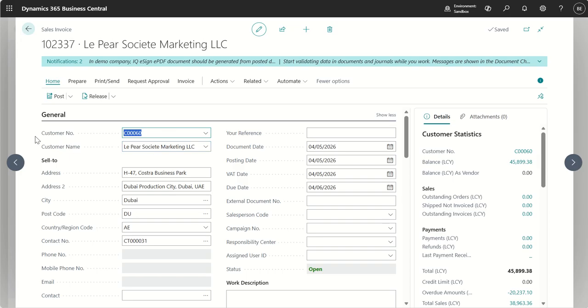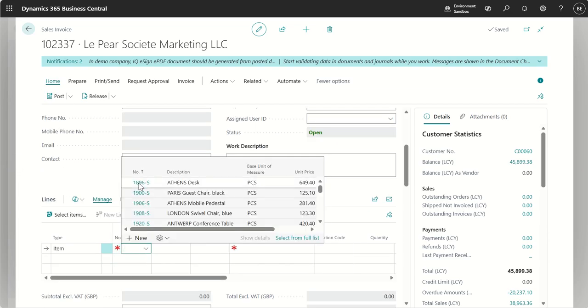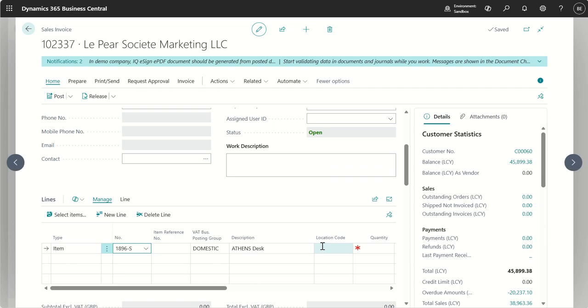I'd like to add here one point that users can create a standard sales invoice as part of their normal business process without having any additional complexity. So I selected a customer and I'm going ahead selecting the item, quantity,